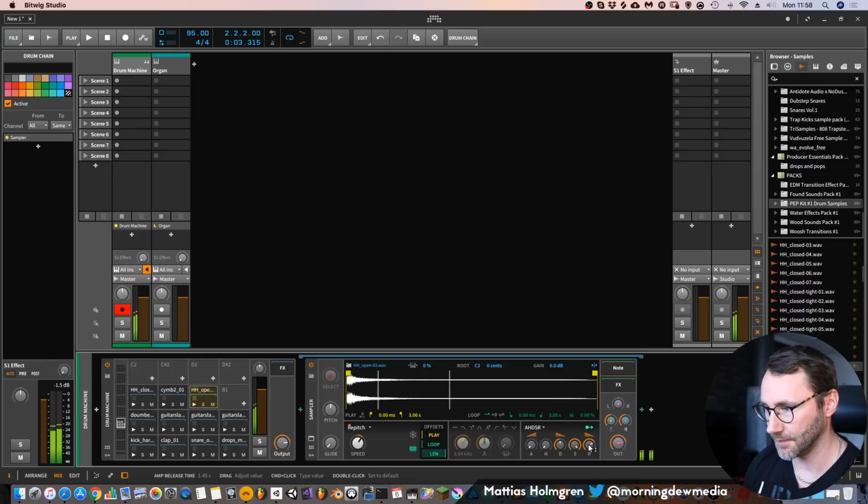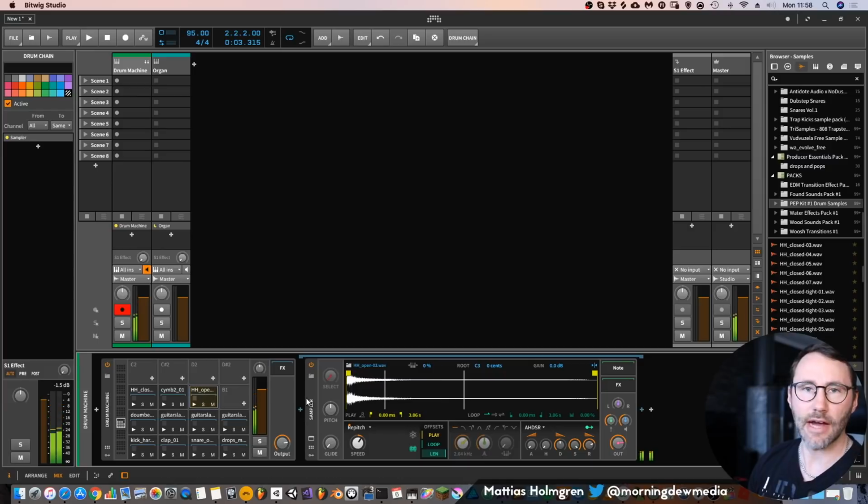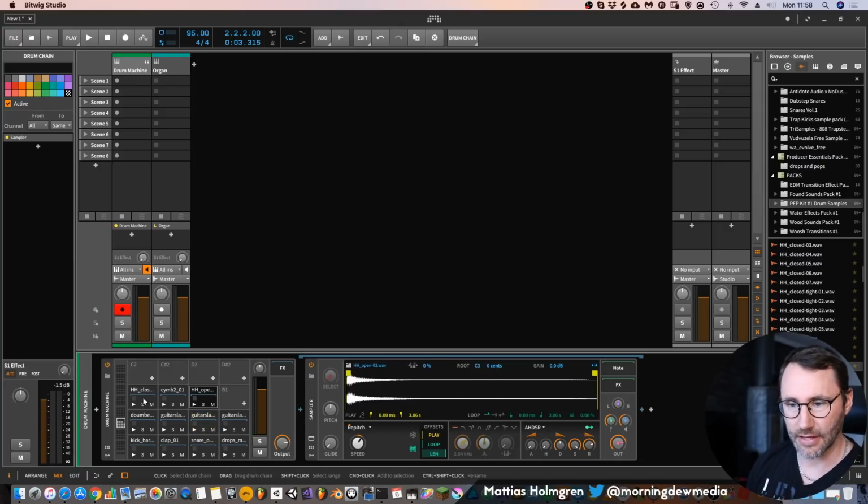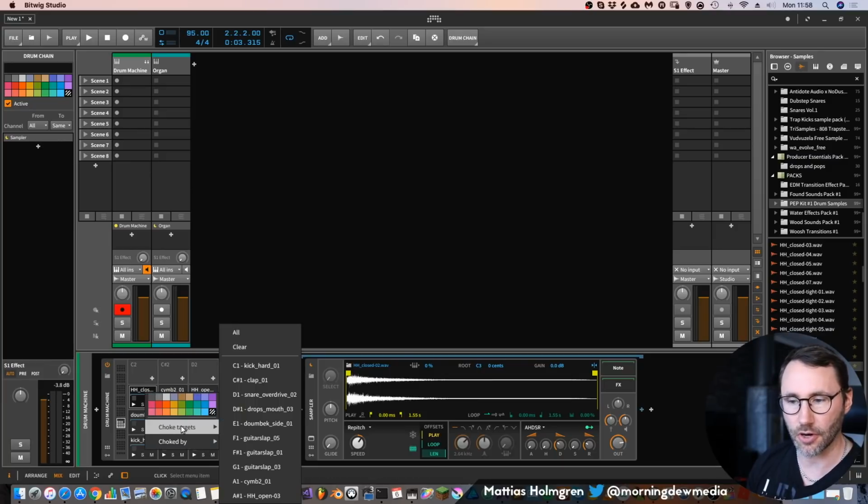And increase the length. Now if we want to create choking groups, because you probably want that open hi-hat to be closed when you first play the open and then play a closed hi-hat, like on a real drum kit. So what you do here is you press this closed hi-hat slot and right click and select choke targets. And we will select the open hi-hat.